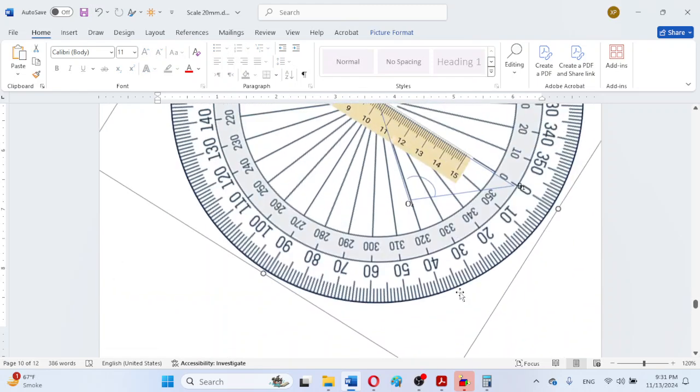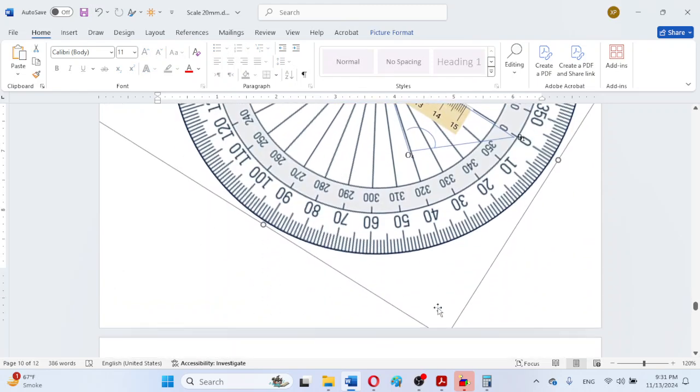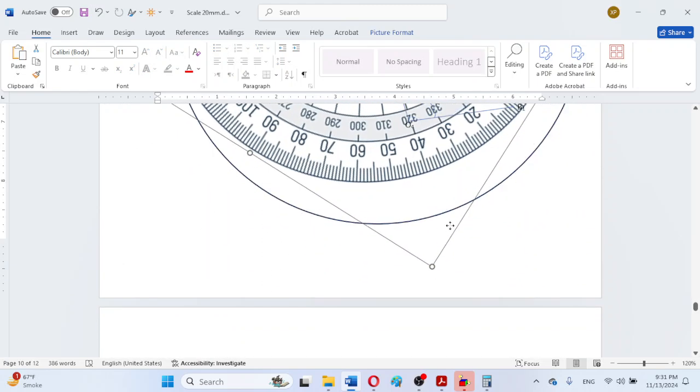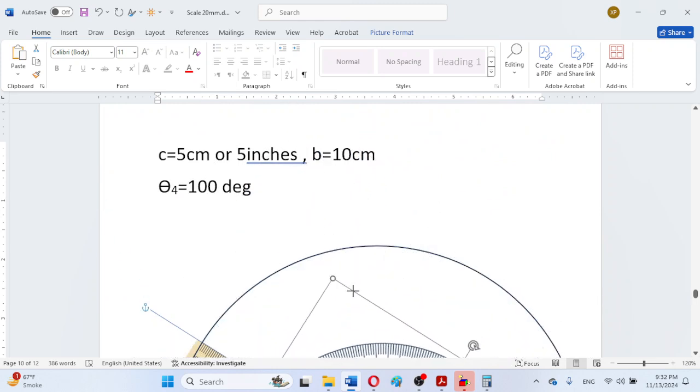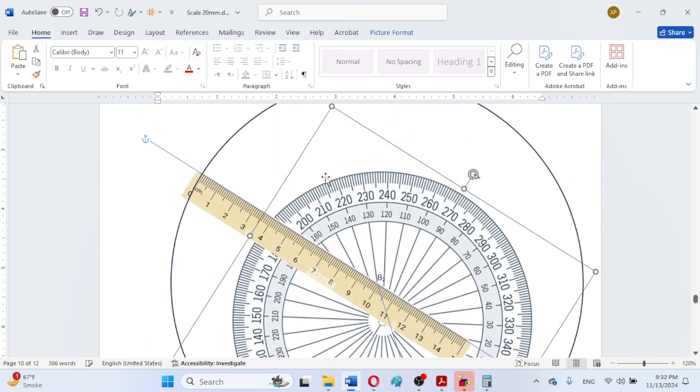Now we can resize or move the protractor out, leaving the drawn circle,